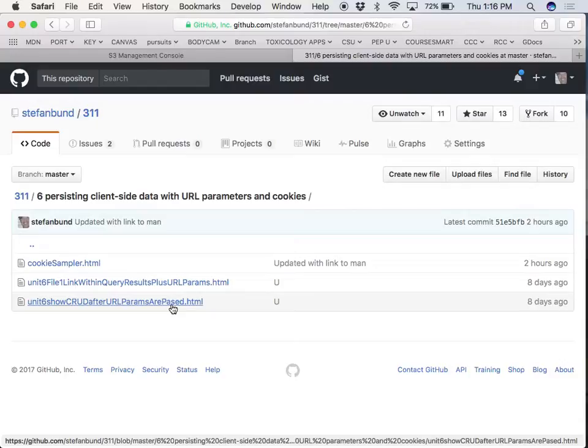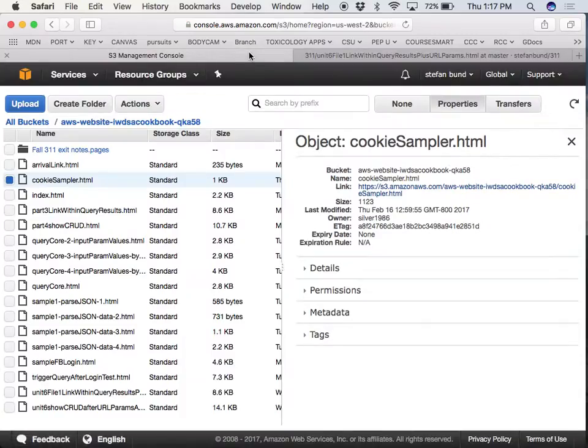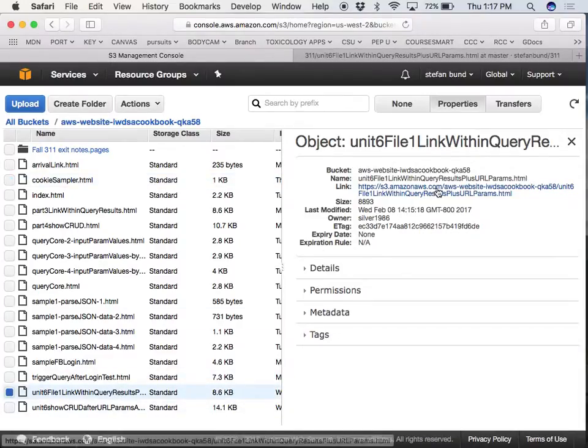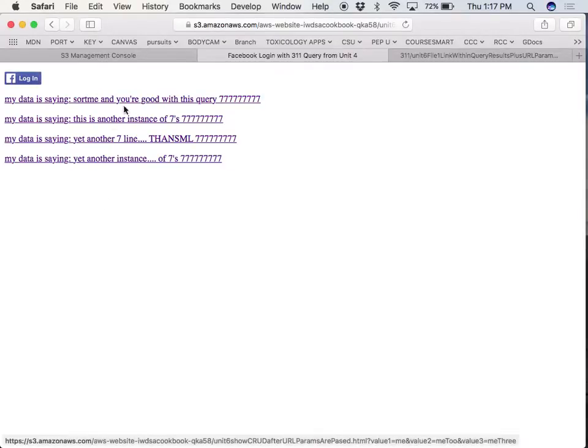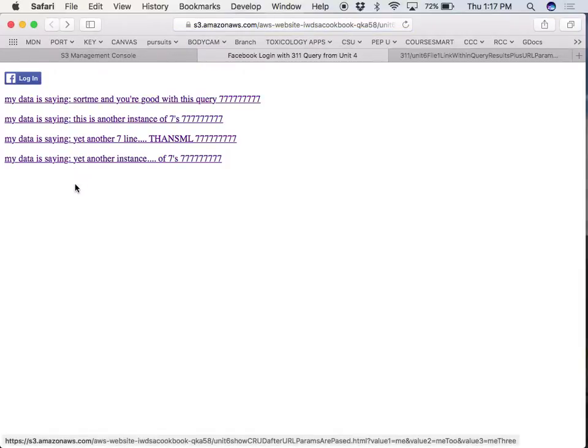Now, let's also admit that, and this is my next sample, which is the file, the link with query results. This is probably a very long name. But what we've been looking at is, let's go ahead and do a query and make lots of links from the query. You're probably familiar with this. And the minute it loads, it runs a query. And you can see just down in the status bar,